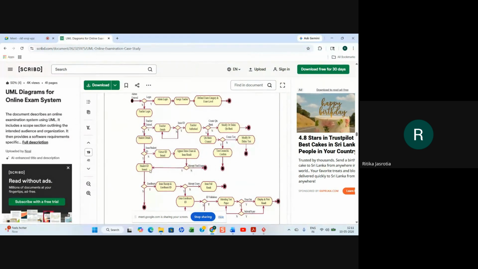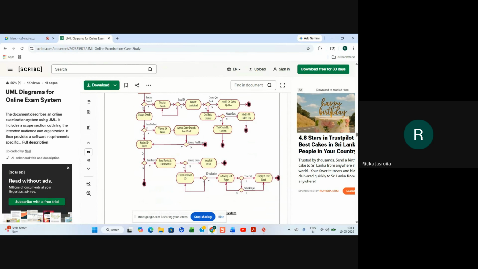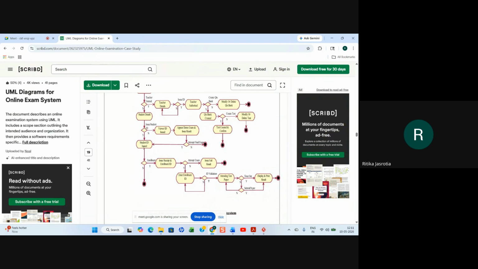Otherwise, a student ID is issued to you. Right? Student ID issued, and this is what is happening. And then enrollment, issue receipt and enrollment ID, assign attempt exam, issue fail result. Otherwise, enter enrollment ID, ID validation, attending test, right?